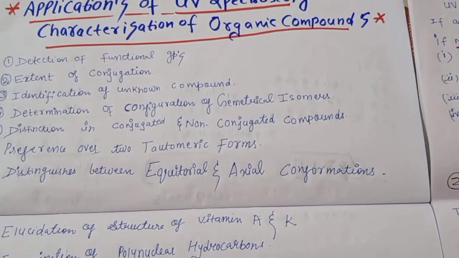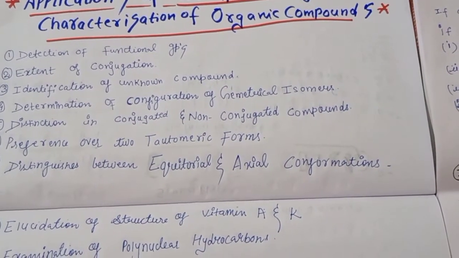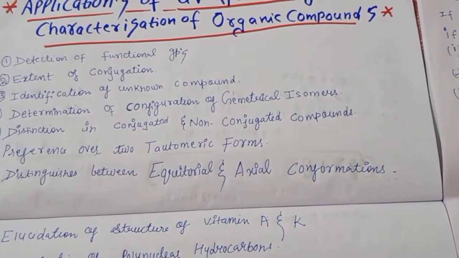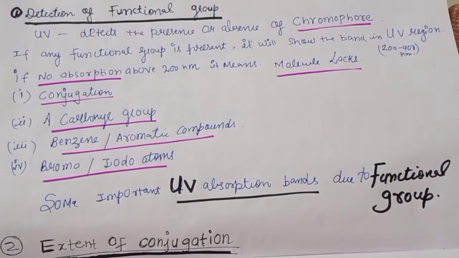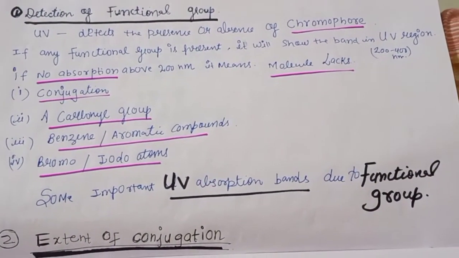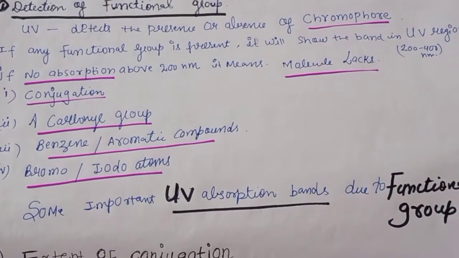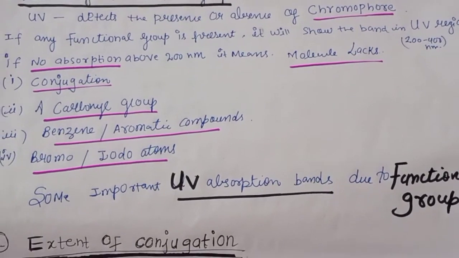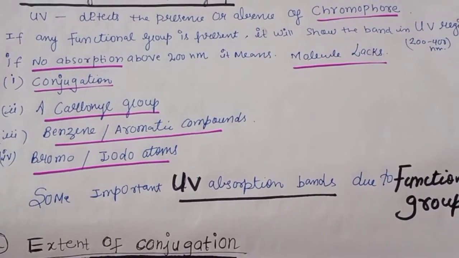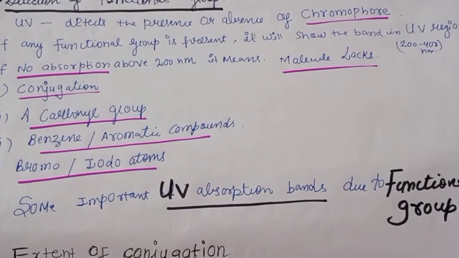The first application is the detection of the functional group. UV detects the presence or absence of a chromophore. As we know, the important application of ultraviolet spectroscopy is that if any functional group is present in any molecule,